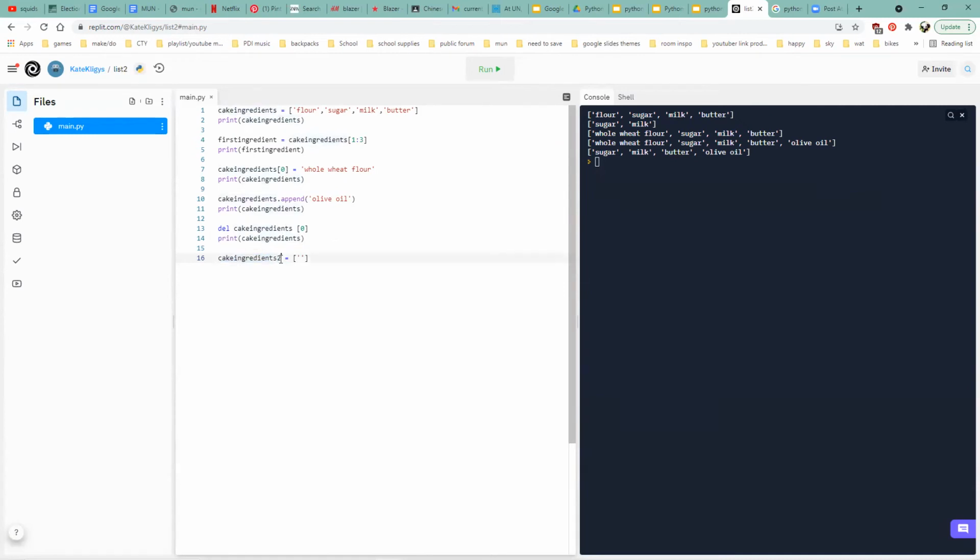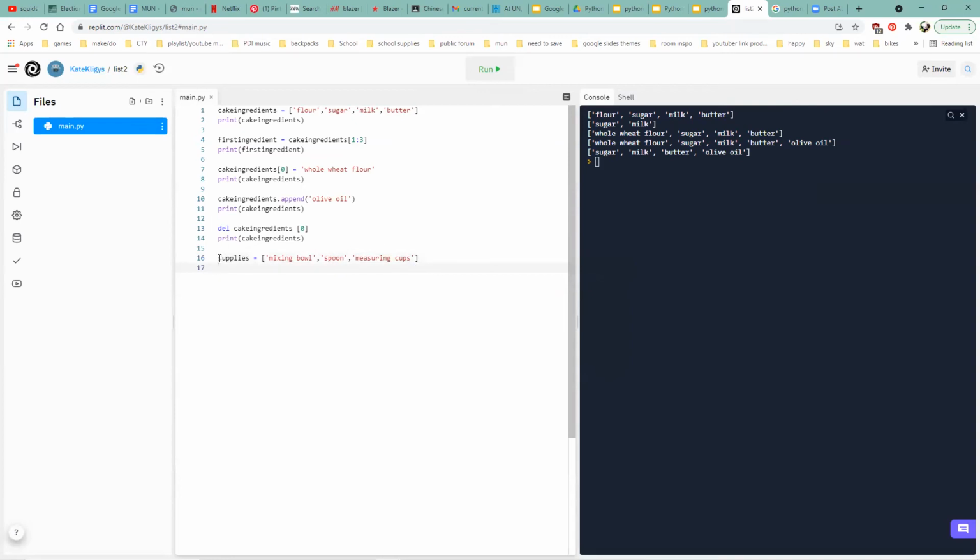So we name this supplies, and we can make this all the baking supplies we need to make the cake, such as mixing bowl, spoon, measuring cups. Okay, so here we have another list, which is supplies, and then we can add these two lists